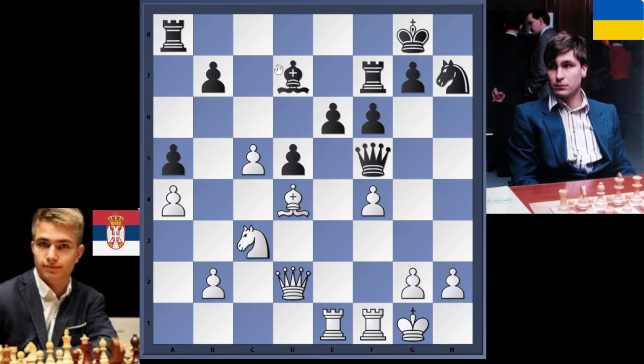This is a strong move here, because now the knight on c3 has another option to enter the position, and that's via b5 and then again d6. Before, he couldn't enter it with the bishop on d7 because the knight would just get snatched off. So Ivanchuk played rook f7, and then white played a4. So